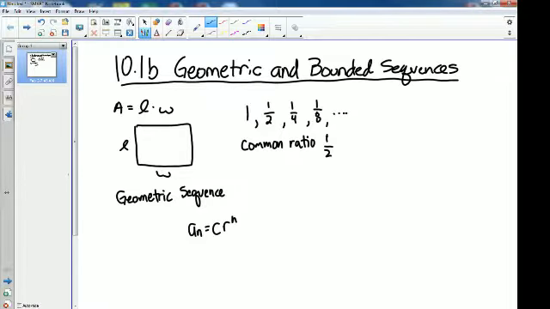Now, what factors can we have here? C can be a number, and we usually split these up. So C can be less than 0,